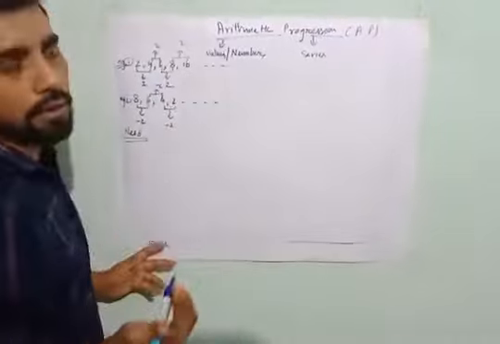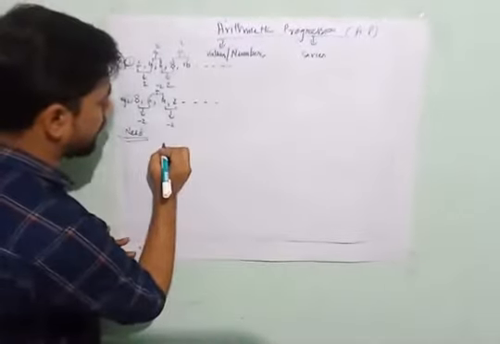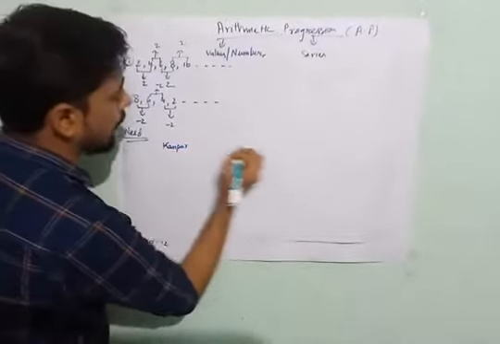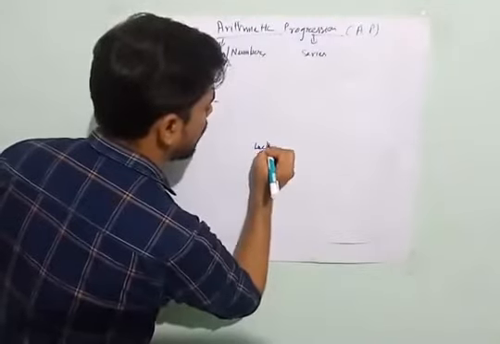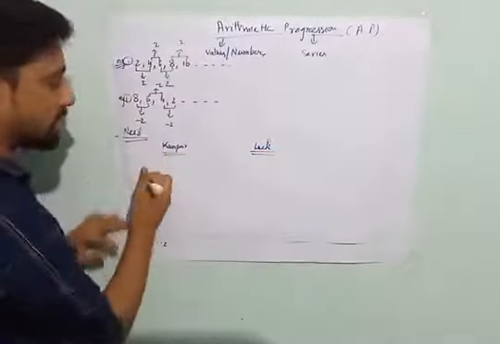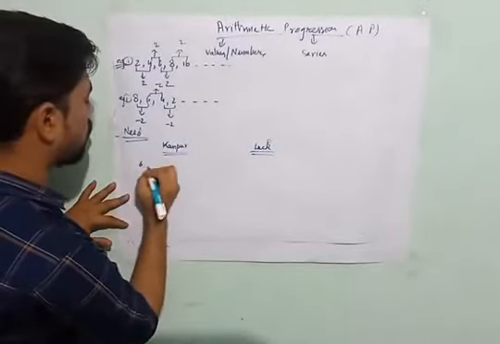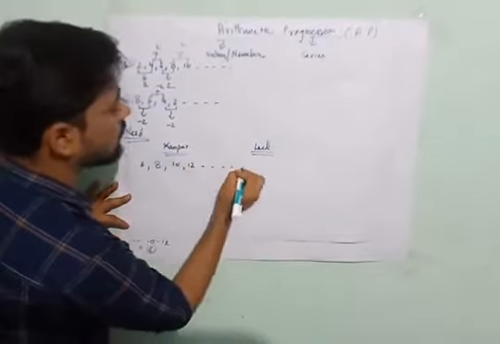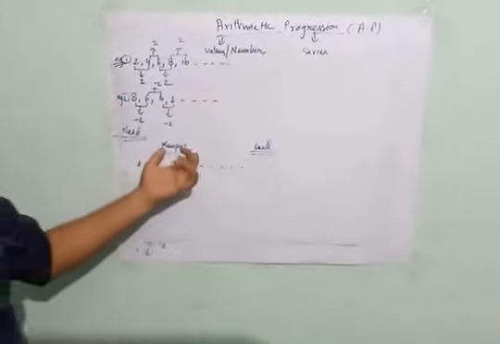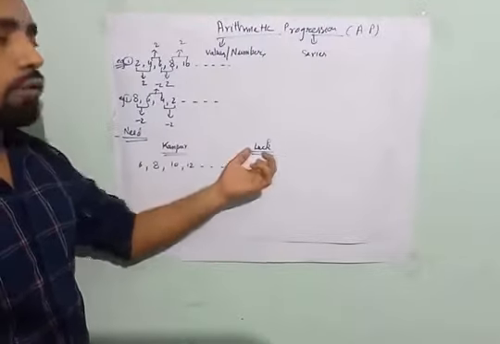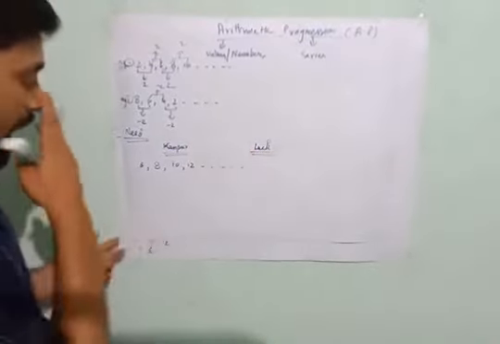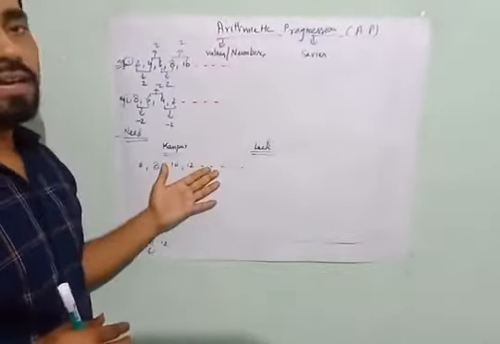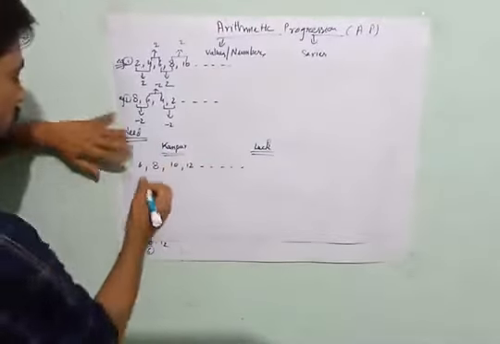Suppose one more example. Suppose a train from station 1, let us assume Kanpur, and station 2, let us assume Lucknow. The first train is at 6 o'clock, then at 8 o'clock, then at 10 o'clock, then at 12 o'clock and so on. In this we can find the number of trains running from Kanpur to Lucknow within 24 hours, and the timing of the last train from Kanpur to Lucknow. By using an AP we can find these two things also.